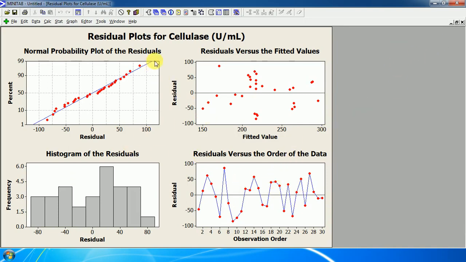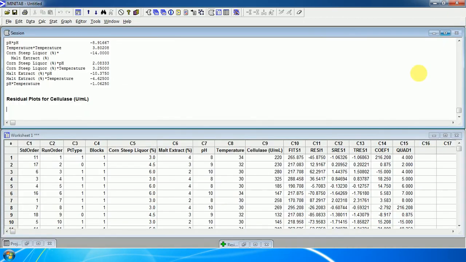So first of all, residual plots for the cellulase. That means we have selected that much of the data, and by varying those 4 parameters into different concentrations by applying central values, we can see that there is a normal probability plot for the residuals. We can see these are near the line, so all the data are randomized, and these are the fitted values, and this is the normal distribution of the data. So however, it is hypothetical data, but we can see that there is no bias. Okay, then order wise distributions, then we can see that